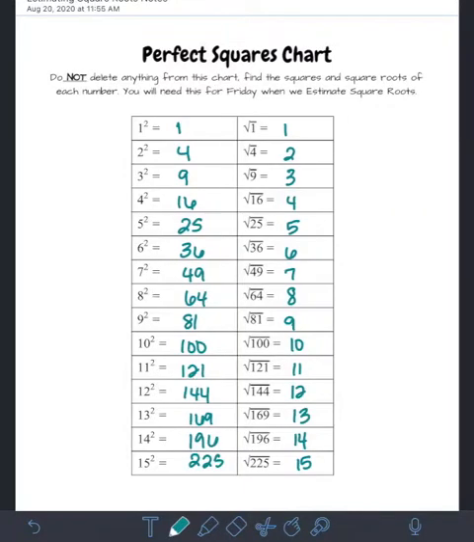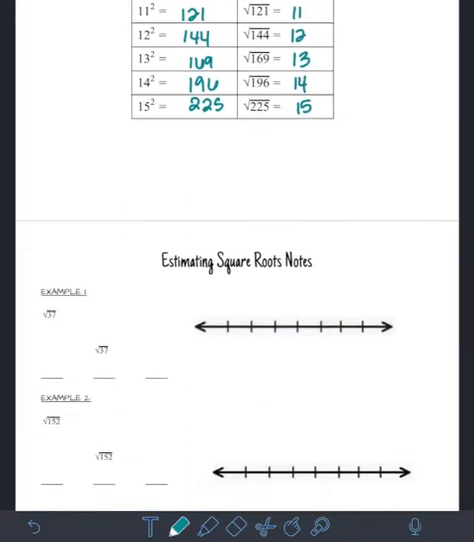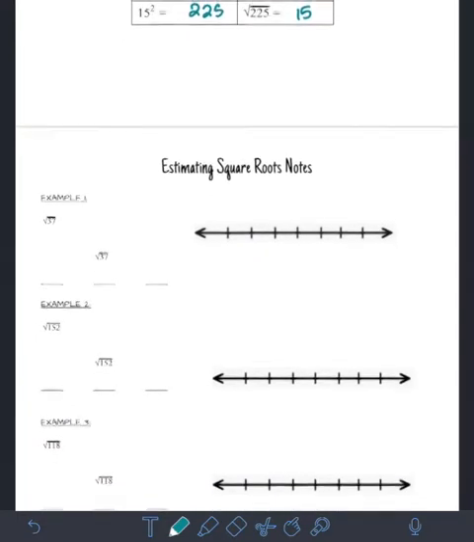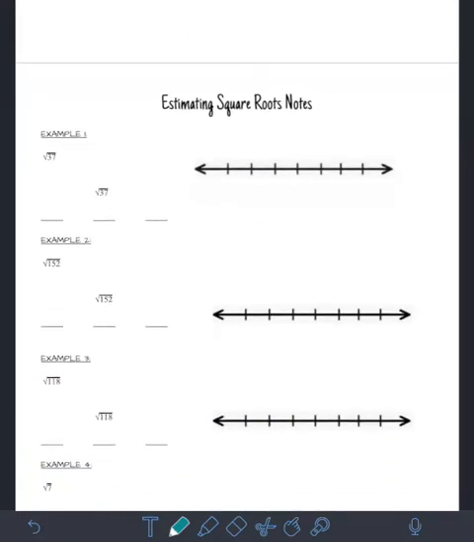Hey guys, so you should have had this chart filled out from yesterday. We are going to need it because that is what we will be using to discuss, to help us out with what we are doing. So if you open up the notes page from today, you will notice, yesterday we really just looked at